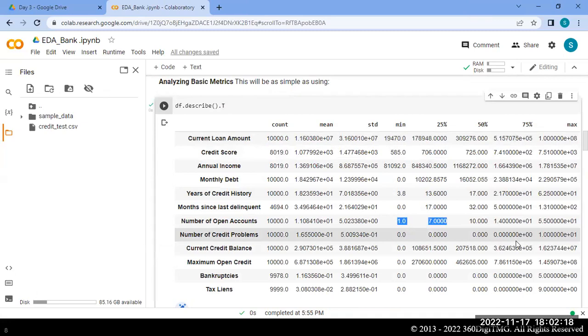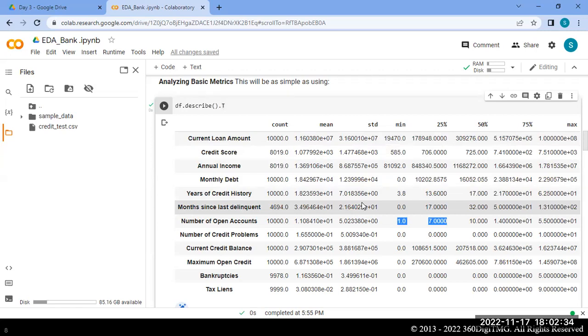If the features have a similar range, in that case we'll keep them as they are. If the range is very different for each and every feature, in that case we will go with normalization or standardization.